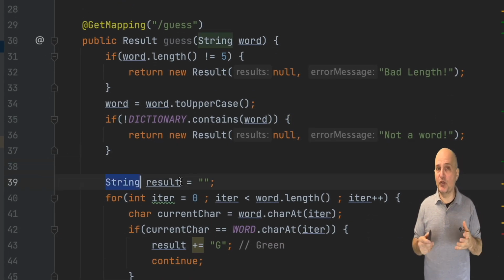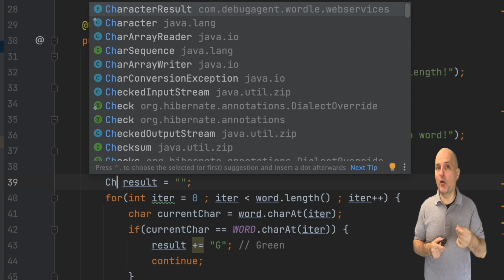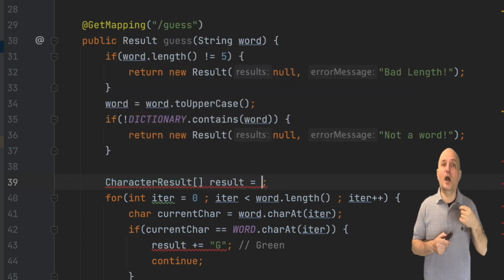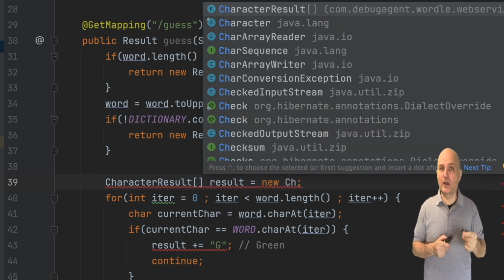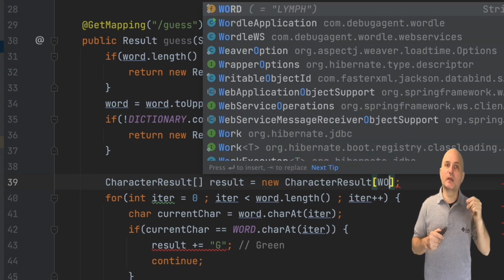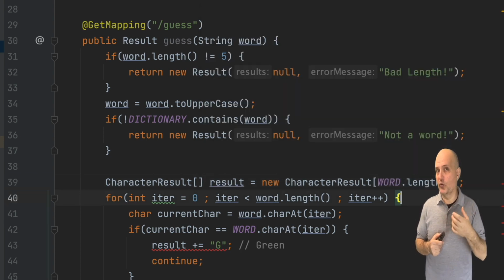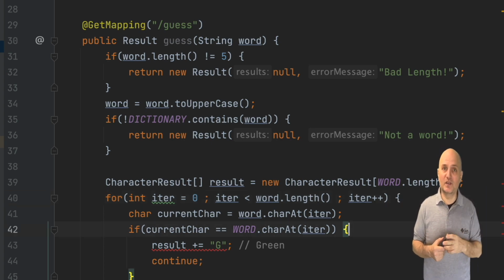Instead of the string, we create the array of the characters that we will pass to the result constructor. I can create an array of 5 elements, but this is generally a bad practice in programming. I use the length of the word, so if tomorrow we want to create 6 or 7 character Wordle, this will work seamlessly.